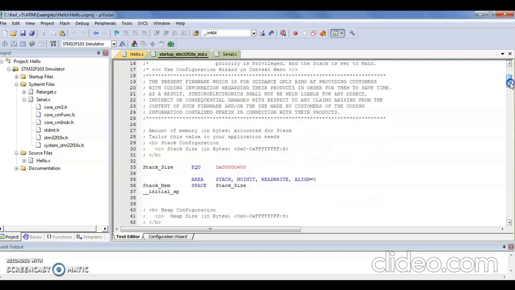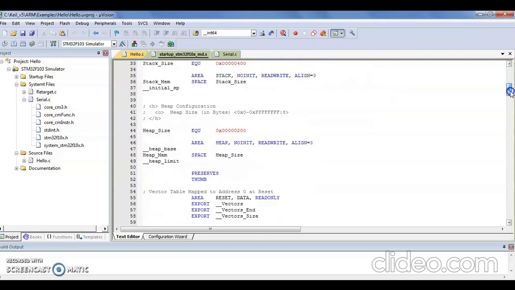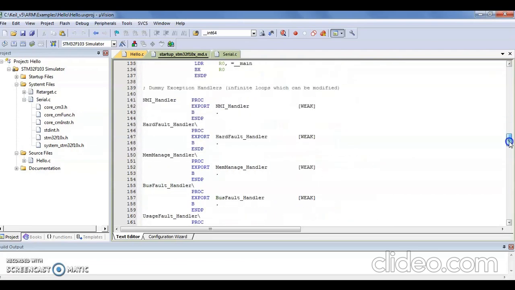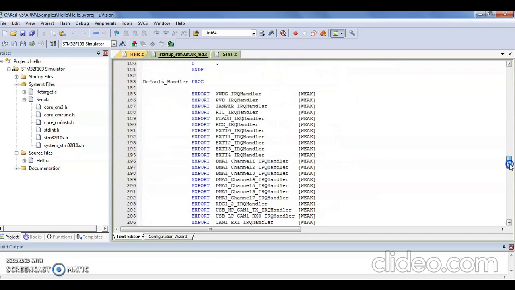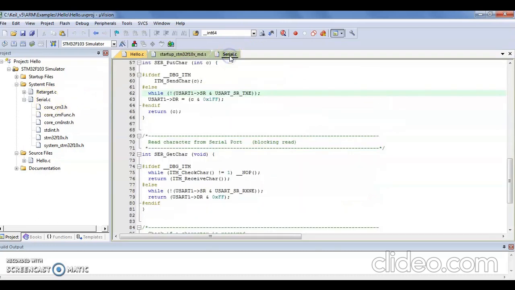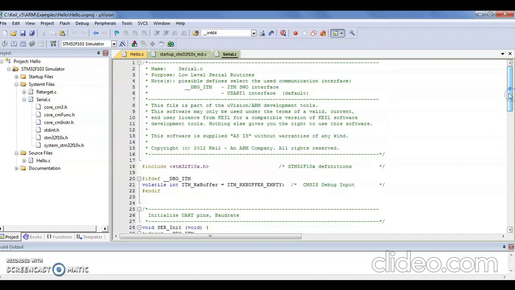We also have the addresses of stack, heap, and all the other initializations necessary for the different registers. We also have a file called serial.c, which performs initialization of the serial interface before beginning the serial communication.